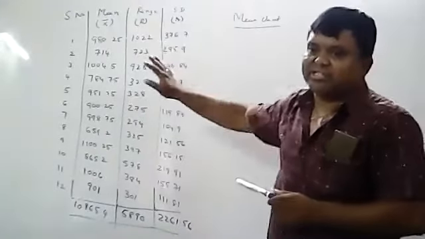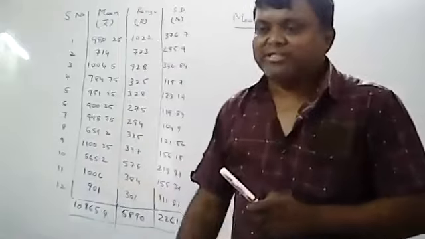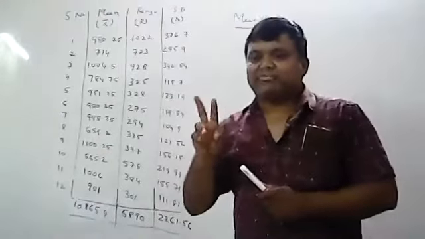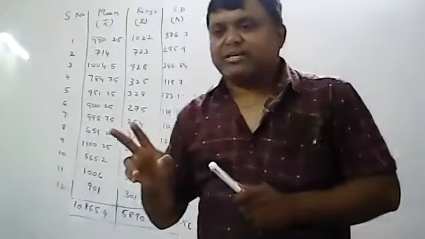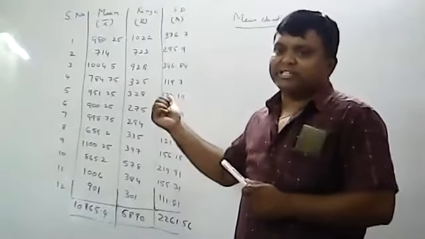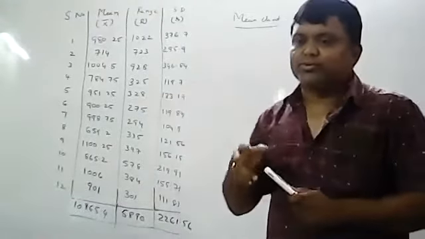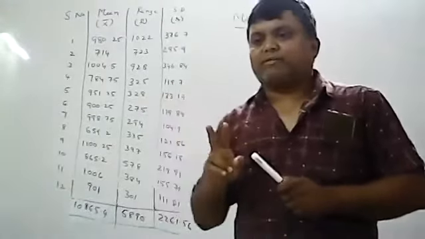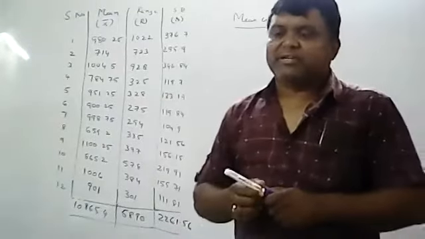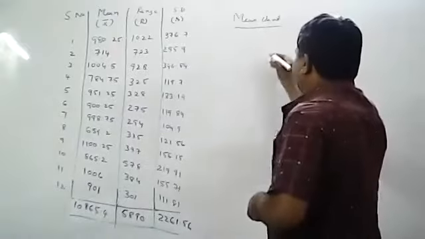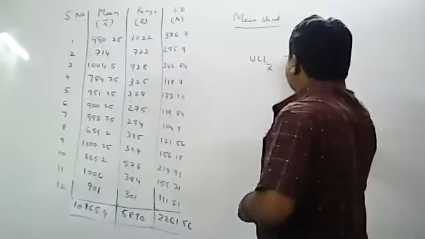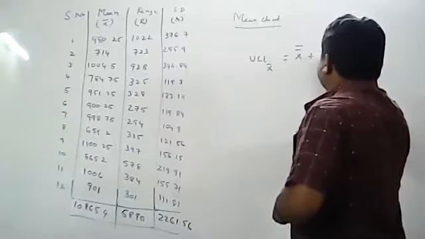He did not mention anything, he has just asked to calculate the mean chart. So whenever the mean chart is asked, two cases will be there. Case one, standards are given. Case two, standards are not given. In this particular case, standards are not given because mu and sigma are not known. That means you have to use case two. In case two, again you have two sets of formulas. Which set of formulas do you have to use? The first set of formulas is enough to calculate the mean chart. So what are the mean chart formulas? I will write, don't write. What is the UCL formula? UCL x bar equals X double bar plus A2 R bar.